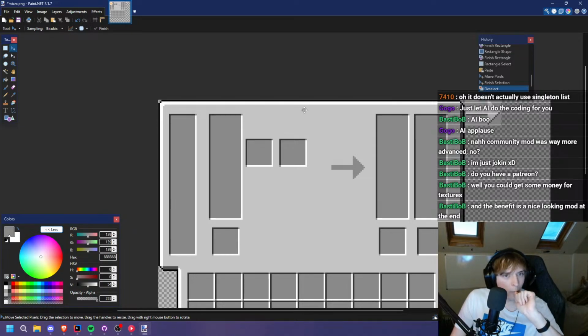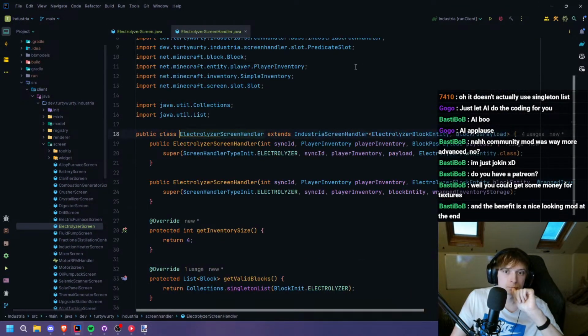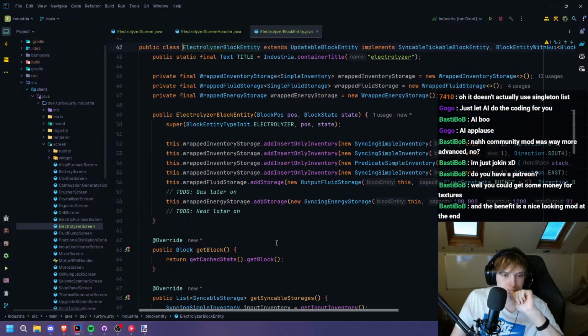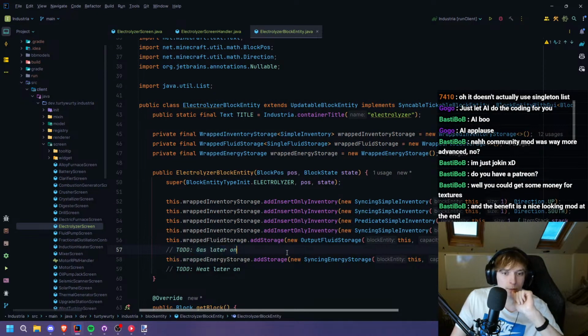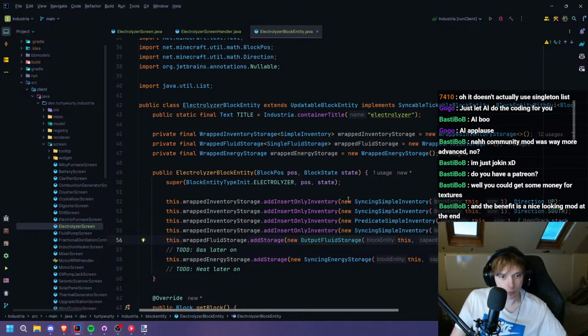Do we have another output? I kind of forgot. Yeah, so we're going to output a gas, and then we're going to output a fluid, or it's actually going to be a molten, but we're going to output a gas and a fluid. Okay, we're going to input